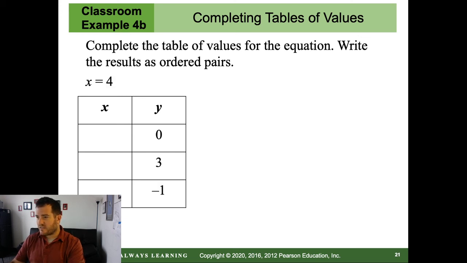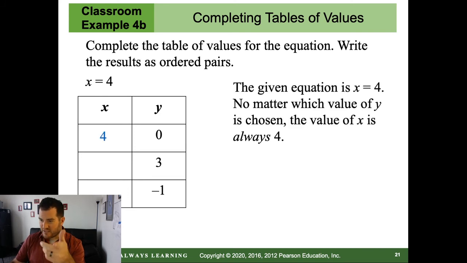Alright, finally, a couple special cases. So we have this as it's complete table values through the equation, right? The result is an ordered pair. So we have the equation x is equal to 4. So I guess my question is, does it really matter what our y is? Every time our x is going to be 4? The answer is no. So because of that, we're just going to plug in a 4 in each of those,